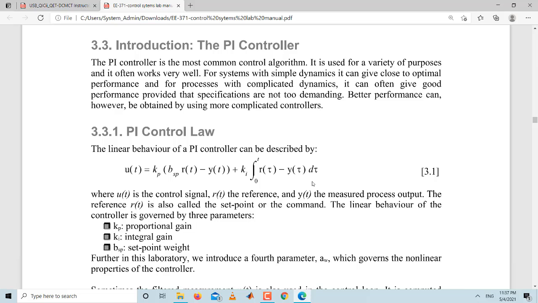Because we have some reference input, we want our system to track that reference input, but we are achieving some output which has a difference. So the error, or the difference of output and the reference, needs to be controlled. And how do we control it? If we multiply it with some quantity, then it is a proportional control, and if we take the integral of the error and multiply it with some quantity over your time limit from 0 to t, then this is the integral control. And if we are collectively applying this effect, then it becomes the PI, proportional and integral control.